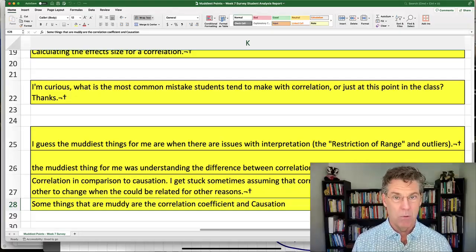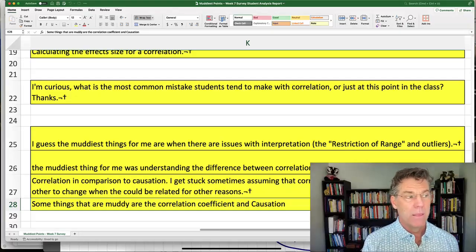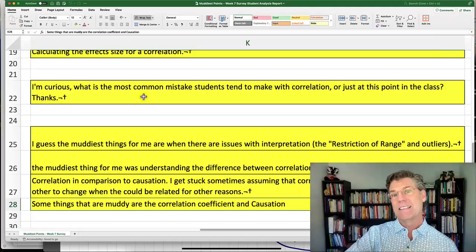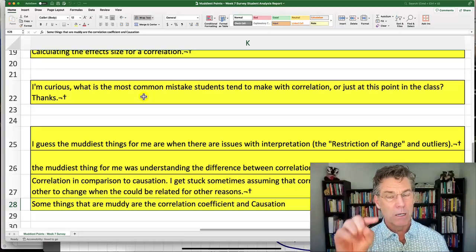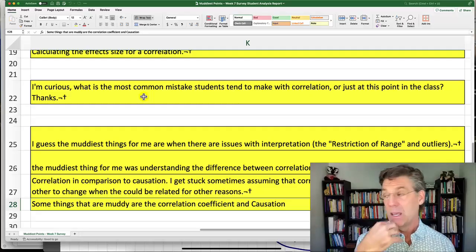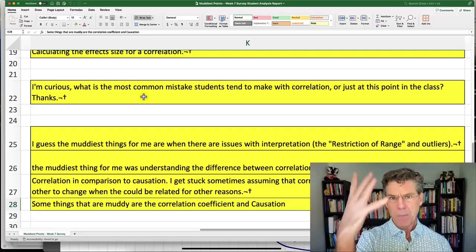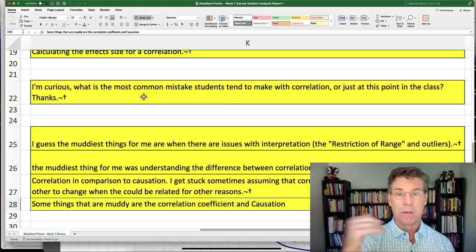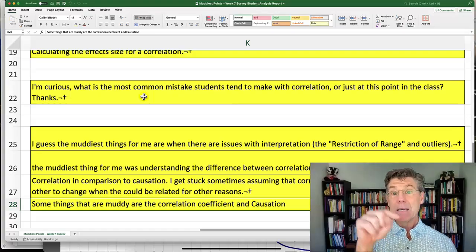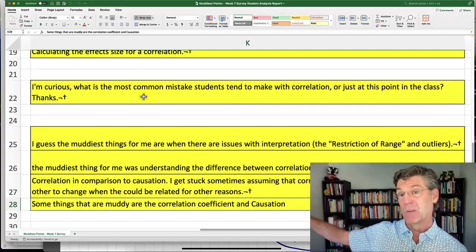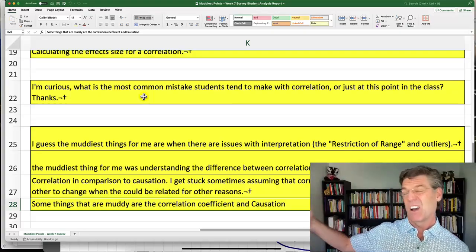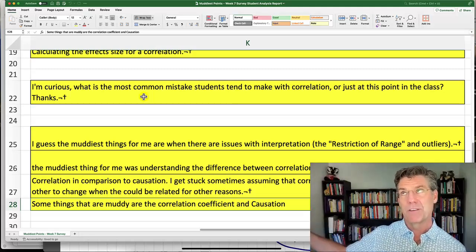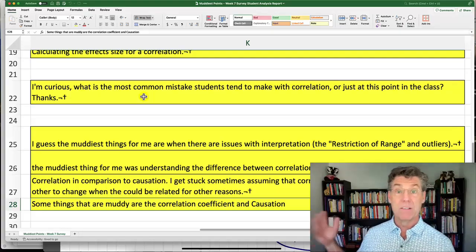Why, we don't know. The reason this becomes an issue, and also why it's such a common mistake even after you're told not to do it, is that our brains are wired to establish cause. Think about when our brain evolved. If I hear a rustling in the bushes and then I get attacked by a lion or something like that, I need to start to understand that the rustling in the bushes essentially predicts, causes in a way, the lion coming out. So now anytime I see or hear a rustling in the bushes, I'm going to be on alert and ready to run, or I might even start running.